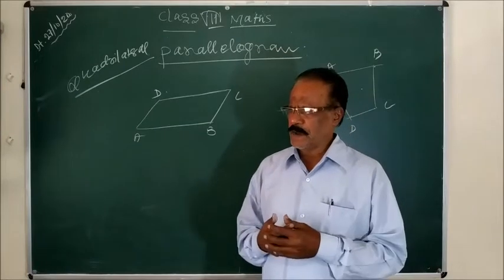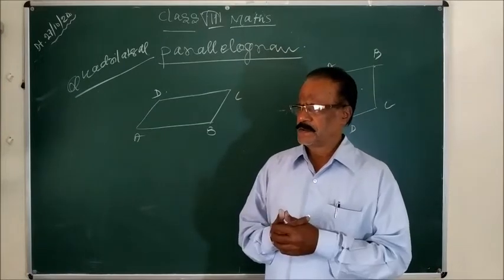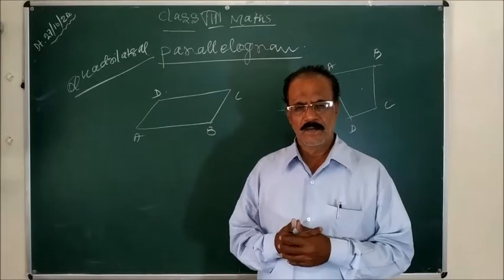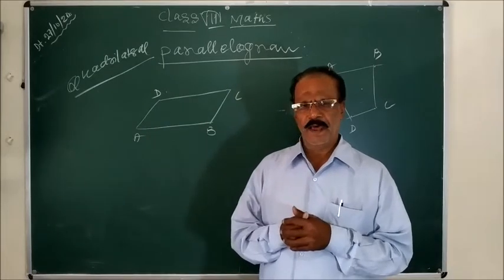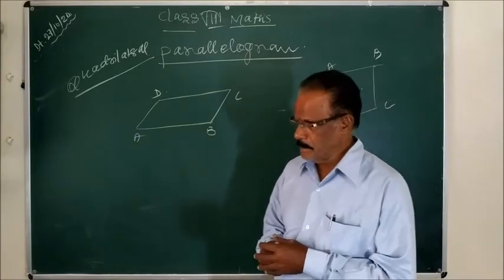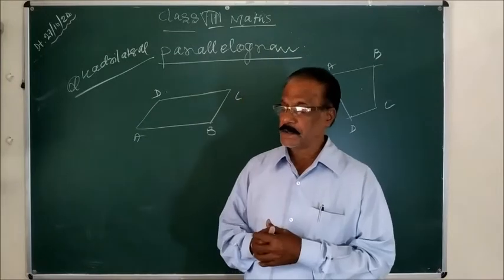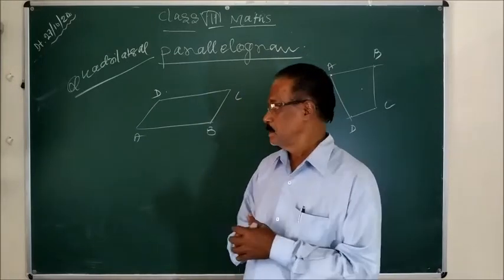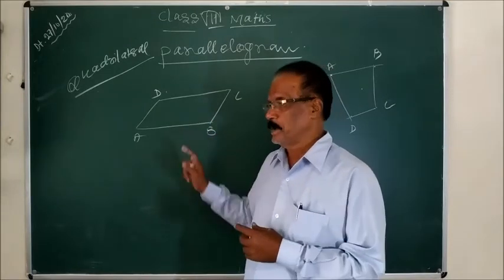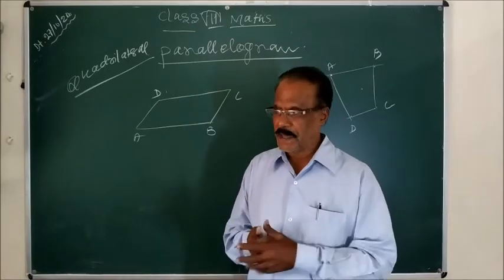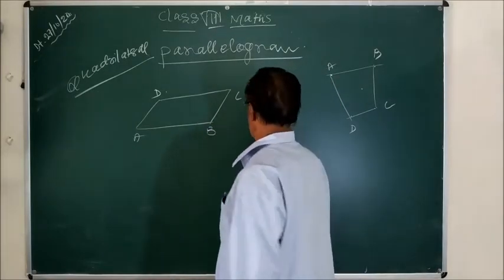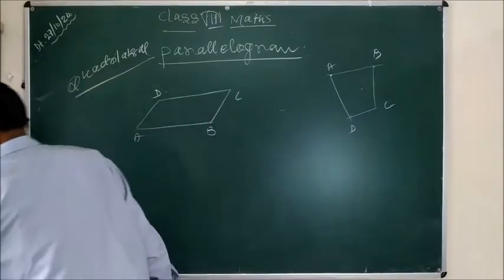In a quadrilateral you must have studied there are 4 sides, 4 angles, 4 vertices, and there are 2 diagonals. I have explained, and you have also learned types of angles, but now you see adjacent sides, opposite sides, adjacent angles, opposite angles, and what the diagonals are. All these things you have learned. So, different types of quadrilateral.